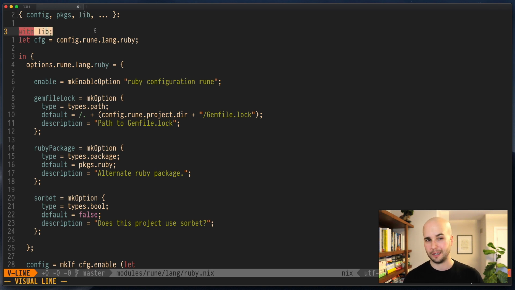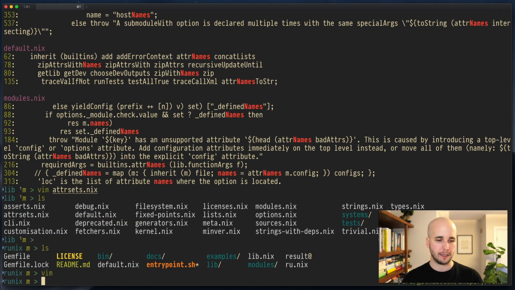And the first thing you'll typically do in any of these modules is to say with lib. What with does is every name in that namespace, it just dumps it into your local namespace. So for example, mkOption is a thing that's really core to the way NixOS modules and therefore Runix modules work. And that mkOption is defined in